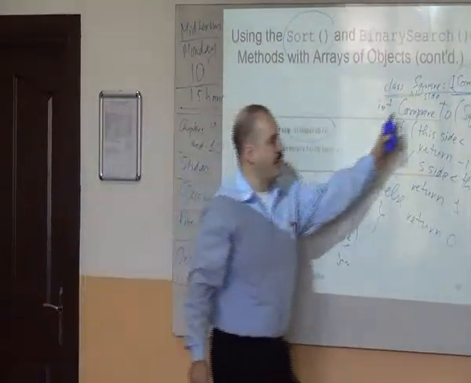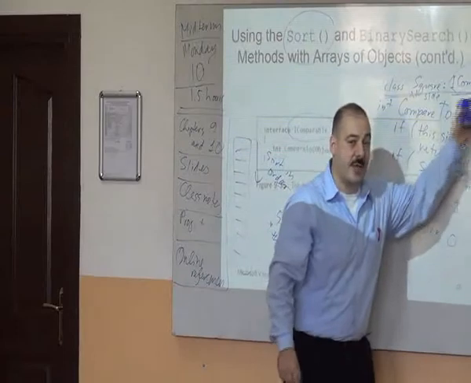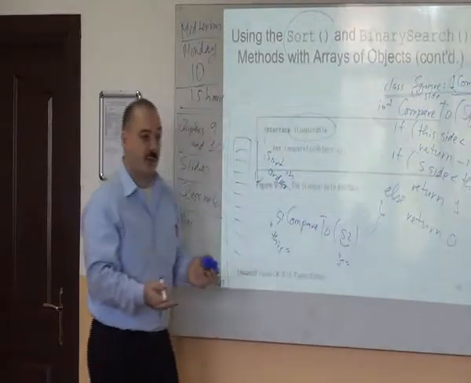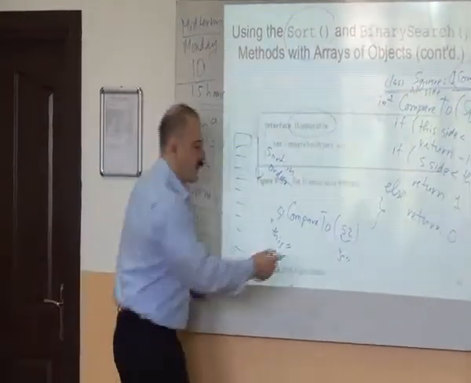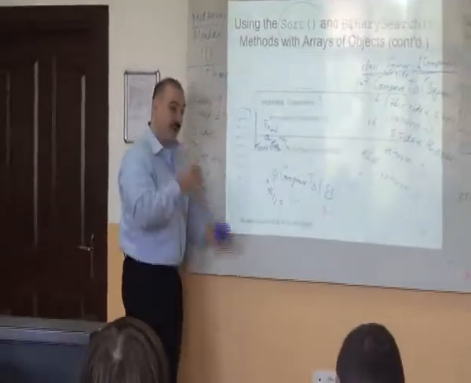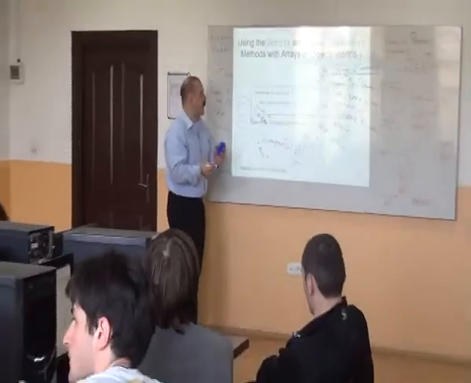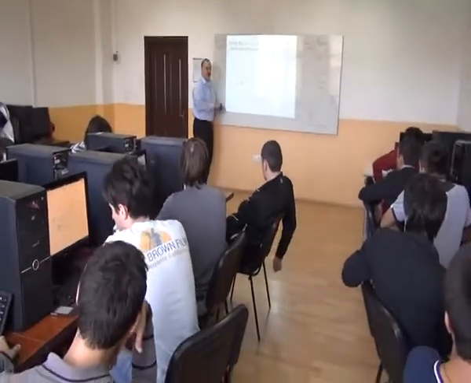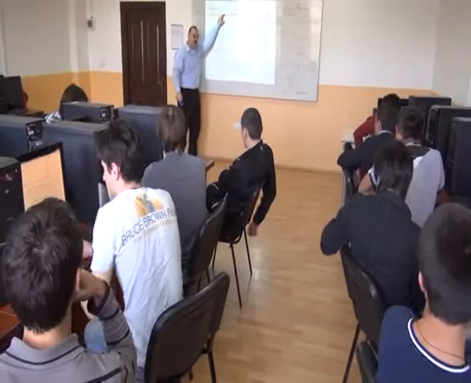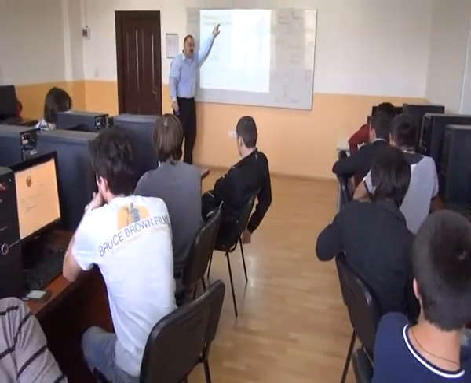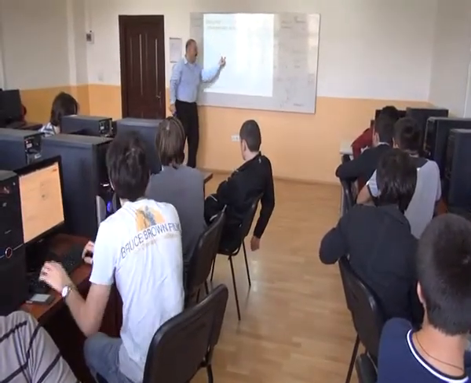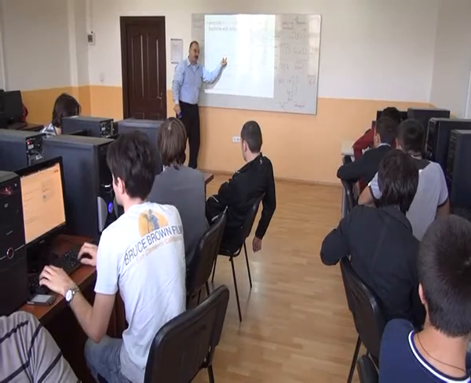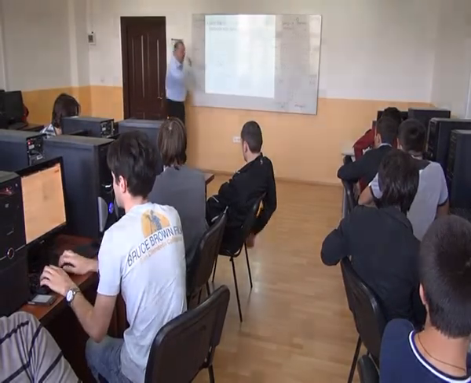So if my square implements the IComparable interface, then I know that I can actually compare them using this method. If I know that I can compare them using this method, then I should be able to use the Sort. Because the method Sort assumes that your objects have a CompareTo method. So then the method Sort goes